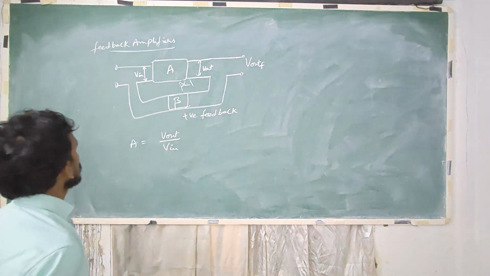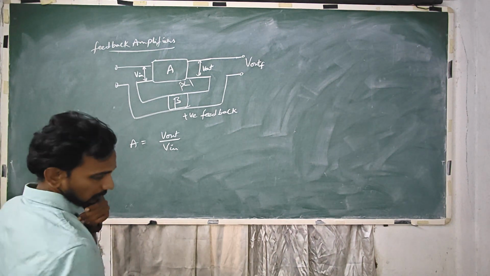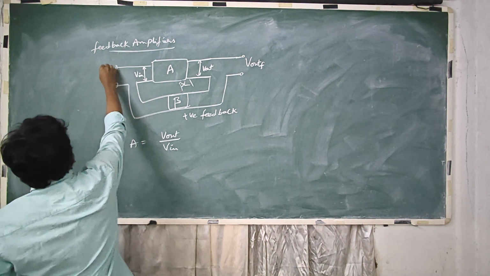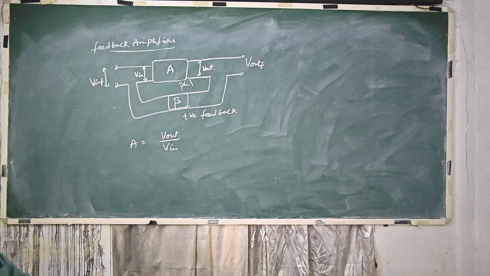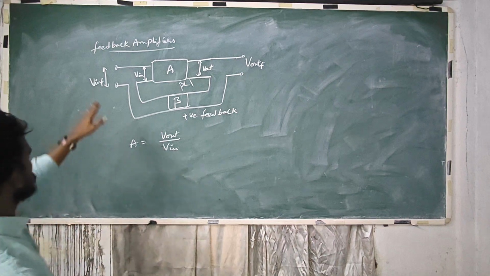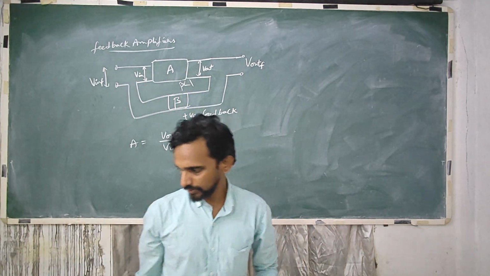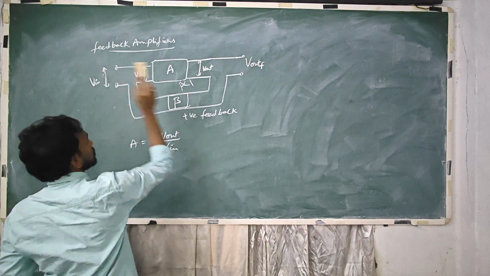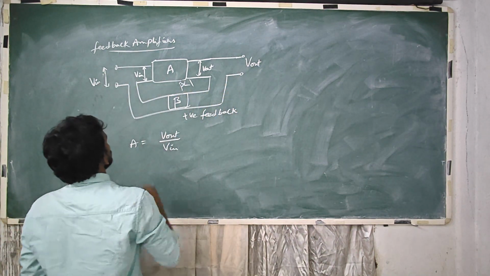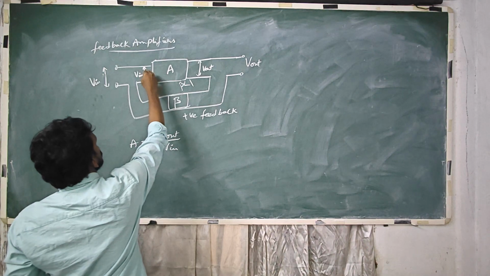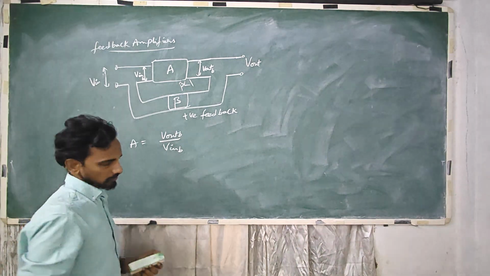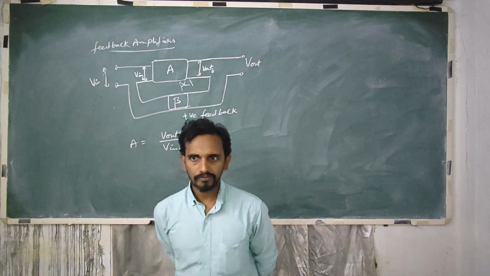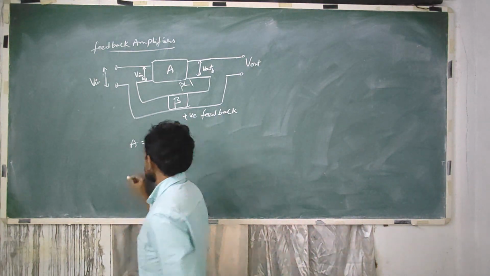Okay, so I have to name them properly. Actually, this is my input signal and this is my output signal. This is my input signal, this is my output signal, and the basic amplifier input, basic amplifier output, let's say I mark them as B, base amplifier. Okay, so my V in